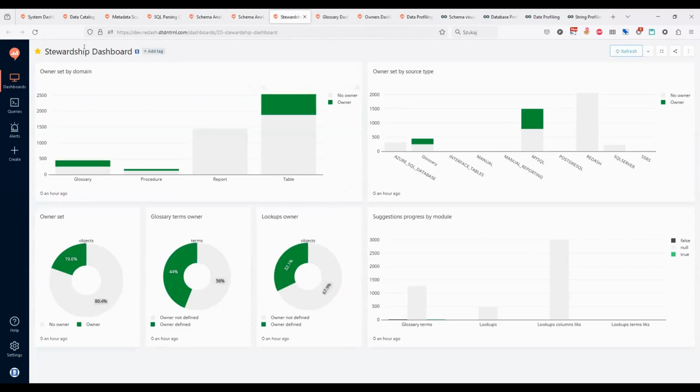Okay. Another different type of functionality, more on the stewardship end. This is the dashboard that shows the owners I have assigned to my assets, broken down by source and by type, for particular asset types separately.